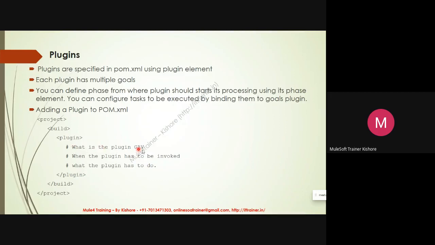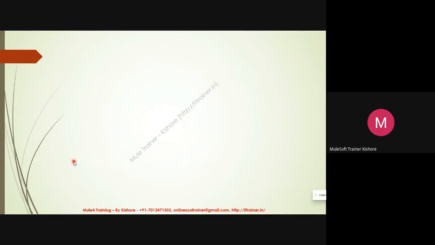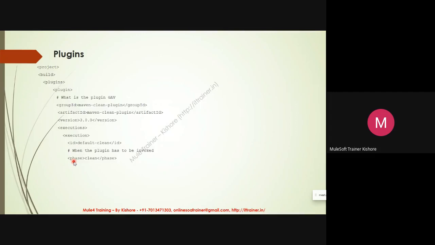And you specify when this plugin is to be executed, what phase of the life cycle, whether compile, test, or packaging phase, and what goal needs to be invoked. That is the information you will provide in the plugin of your pom.xml.